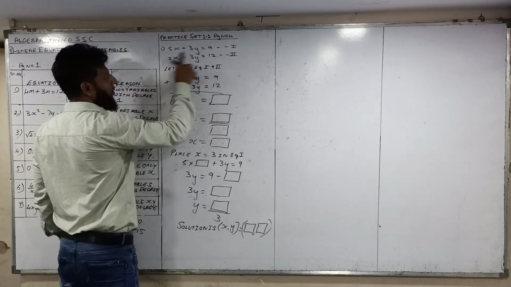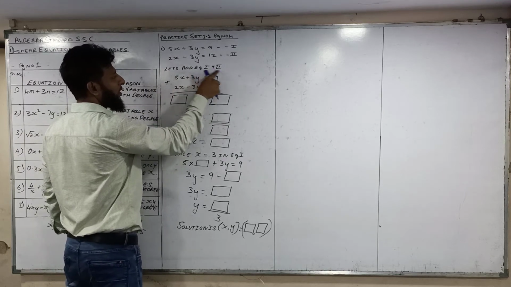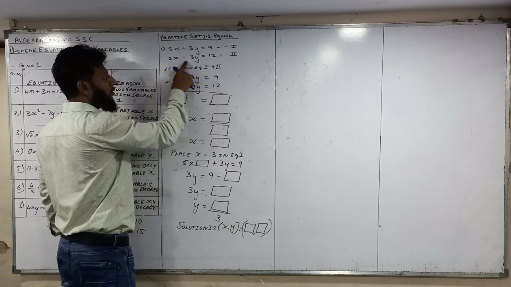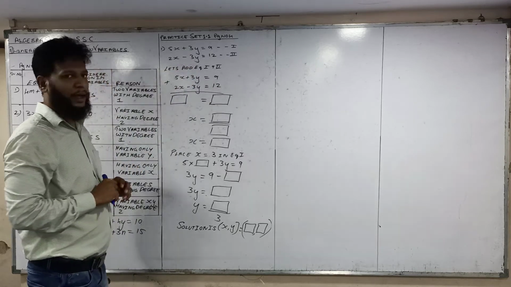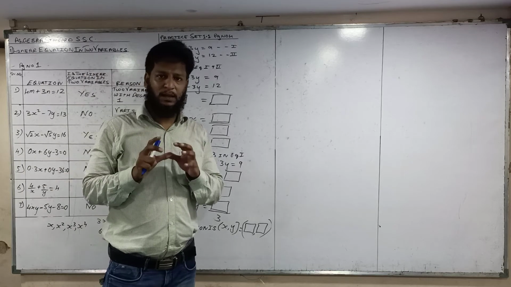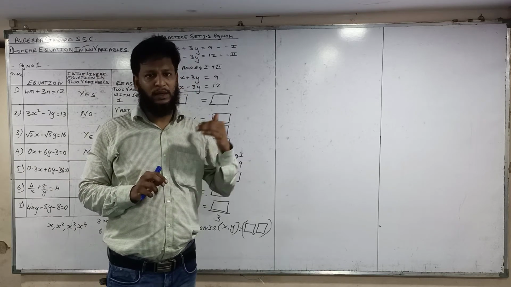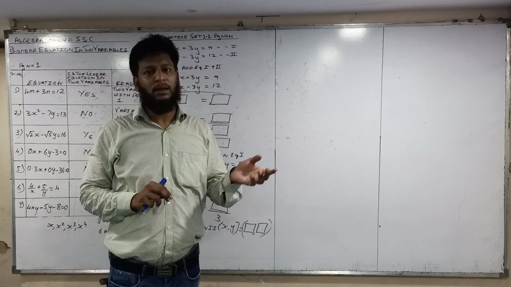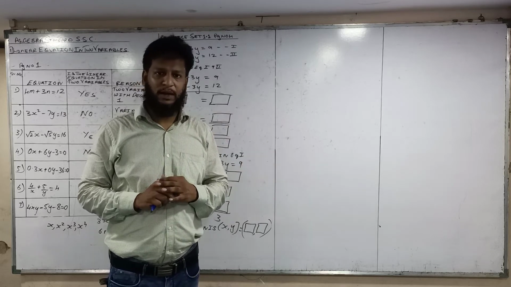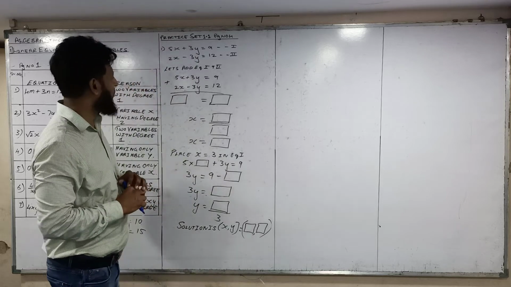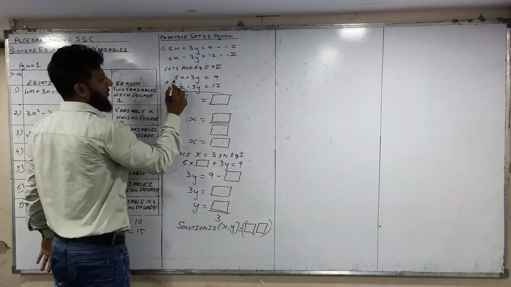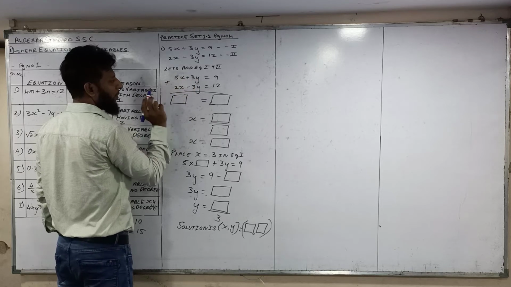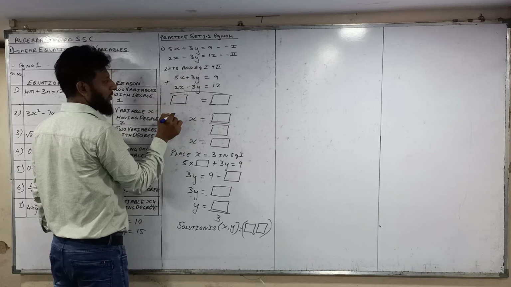So equations 1 and 2 are given. Let's add equations 1 and 2. Why? Because this plus 3y and minus 3y will cancel. So any one variable we have to make the same and cancel it. We will find the other variable and use that value in any equation, and then we can find the remaining variable. You can understand in the sum. See, why are we adding? Because they have different signs. Plus 3y and minus 3y will cancel.